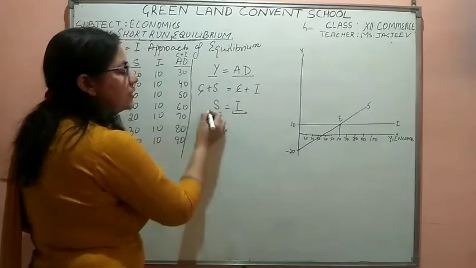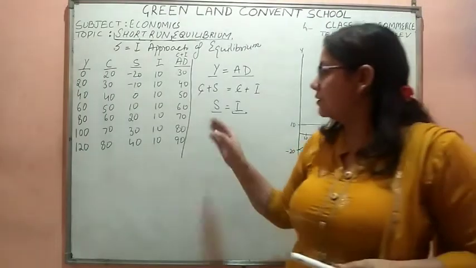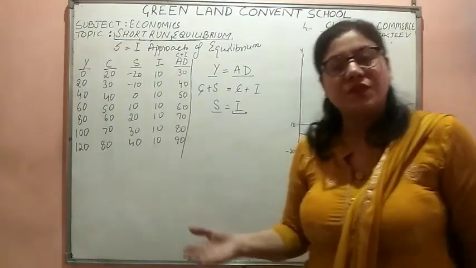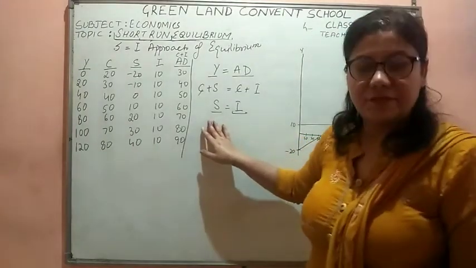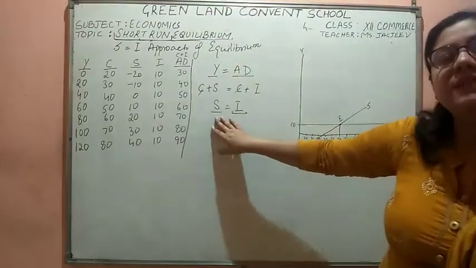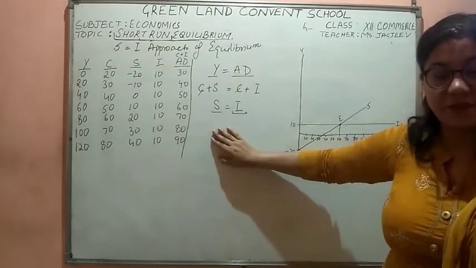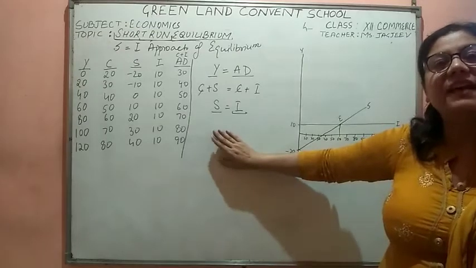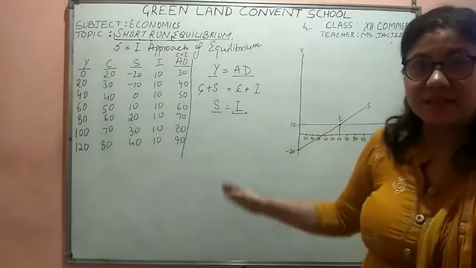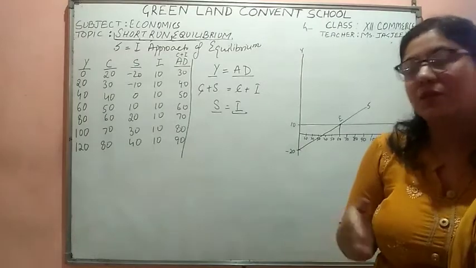So we are interested in two things. One is saving. Let's talk about the saving function. What is the saving function? From the income, the amount which is consumed, the leftover amount is known as savings. There is some saving in every economy. Savings could be negative, zero, or positive. It is the rate at which the consumer is saving, or the functional relationship between saving and income. As the income increases, the saving also increases.